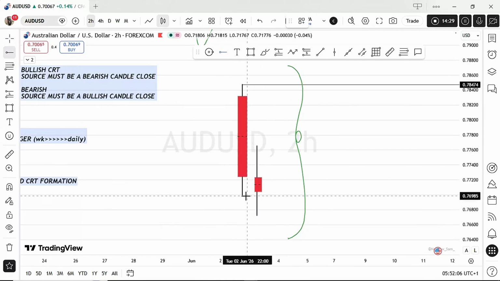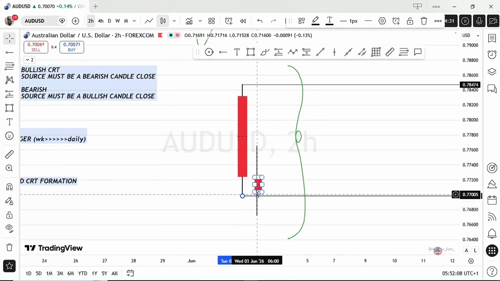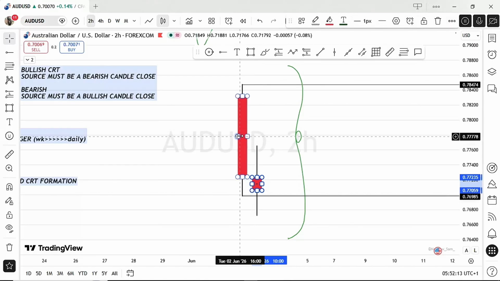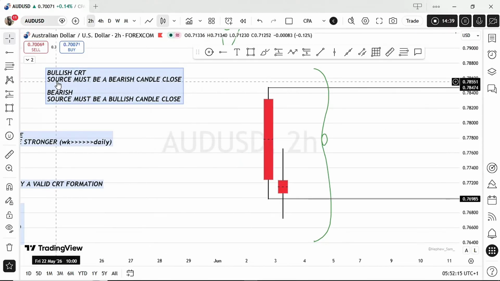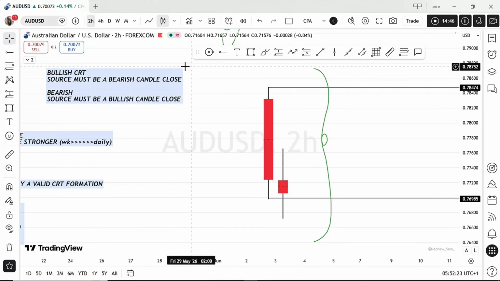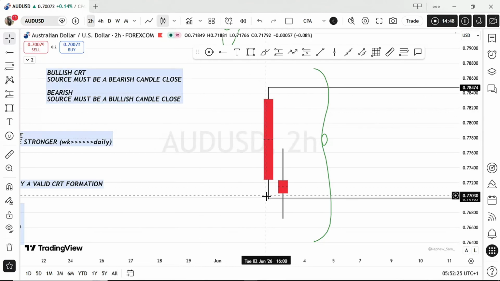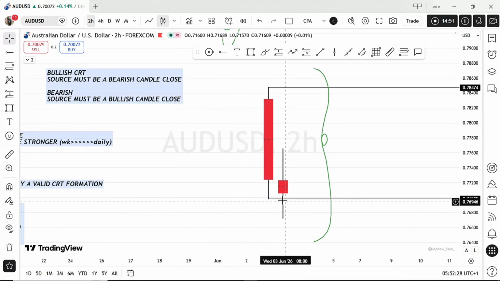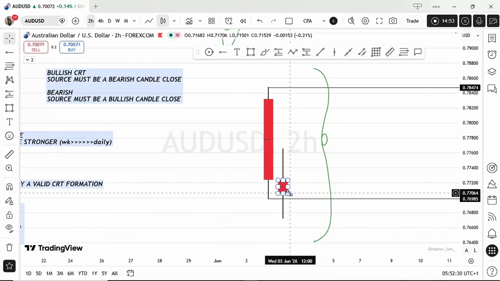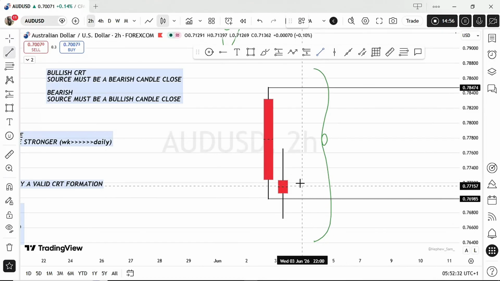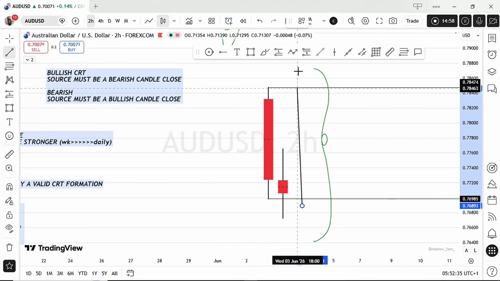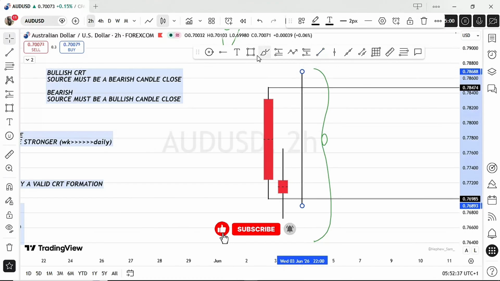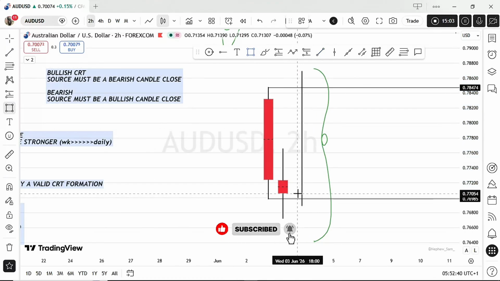I remember I said this one is not as strong. This formation, this closure, we want to see a bullish source candle. For a bullish CRT, we want to see a bearish source and a bullish sweep. So this one, oftentimes it can still hold price. We might have something like this, and like I have already explained,